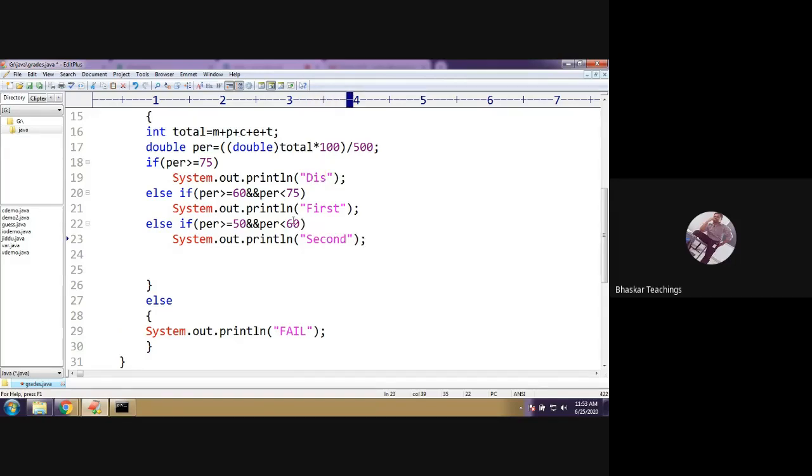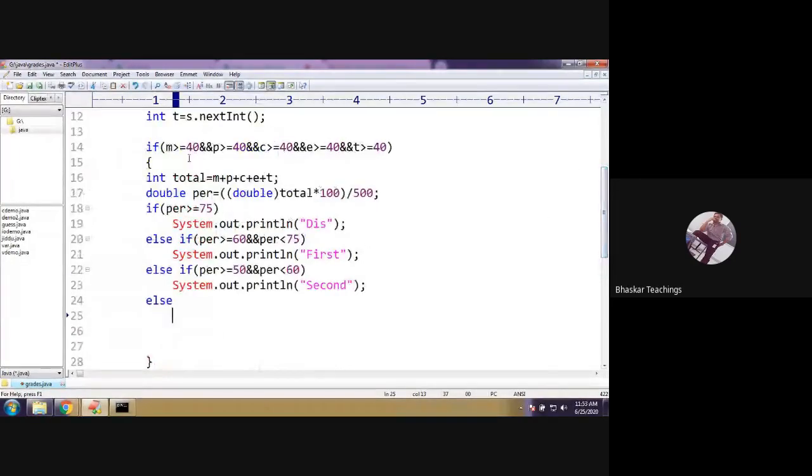Okay, listen. Now only two situations are remaining: one is third class and one is fail. But for fail, we have already included that, right? So here you need not check a condition for third class. You can simply put it in the else block, because you are going to have only one more choice, that is third class. Fail cannot be included here because fail is already included in the outer else block. No one below 40% is going to come into this if block. If anyone got less than 40%, he would directly go to the else block.